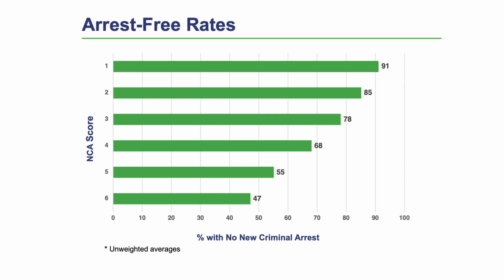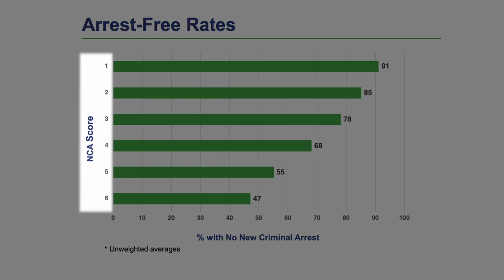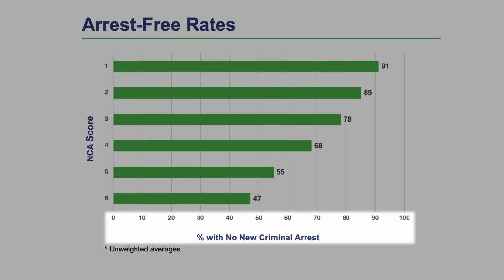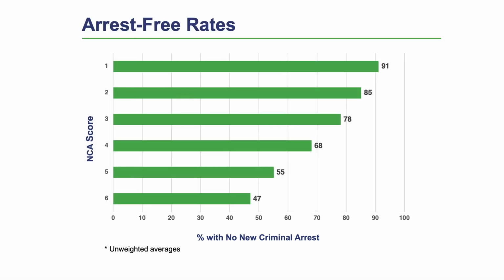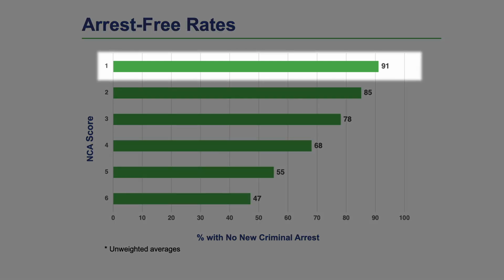Let's now turn to the results for new criminal arrest. This slide shows the NCA scores and the corresponding arrest-free rates from the development and validation data sets. That is the percentage of cases in which the person was not arrested for any jailable offense while on pretrial release. You can see that in the group with an NCA score of 1, 91% of the people were not arrested. That is, only 9% of the people with an NCA score of 1 were arrested for a new criminal